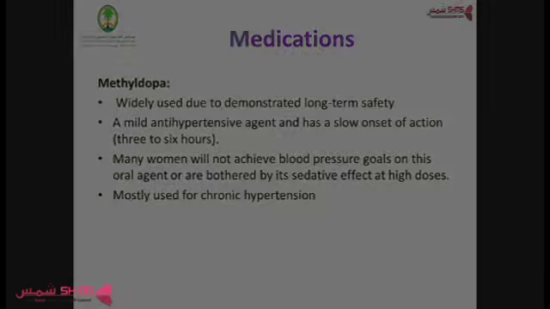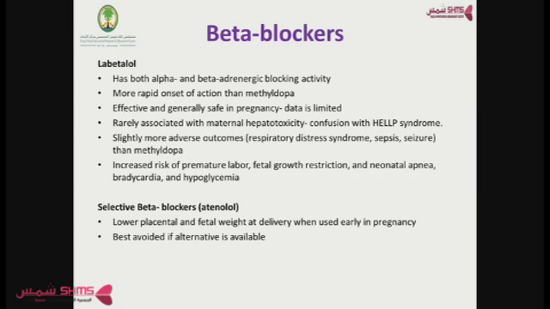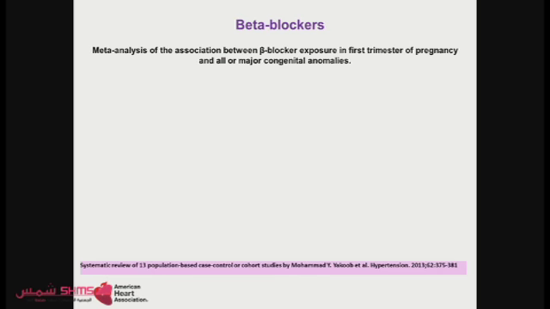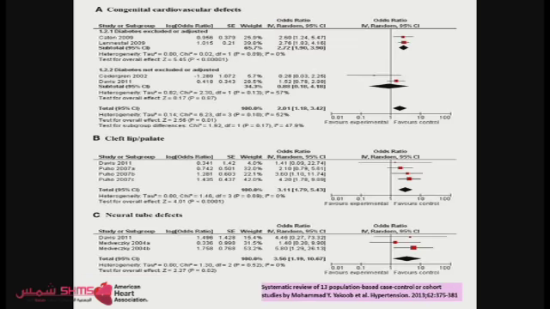The other medication that we are more and more using these days is the alpha-beta blockers, like labetalol. It's a very good medication. The problem with it is that it is more likely to be associated with small for gestational age, and therefore if you are going to use it, it's better to use it for hypertension that develops in pregnancy rather than for chronic hypertension, because there are some recent studies that have shown that there is an increased risk of